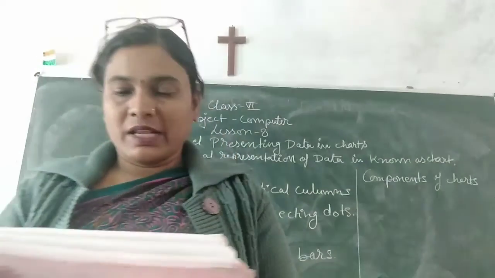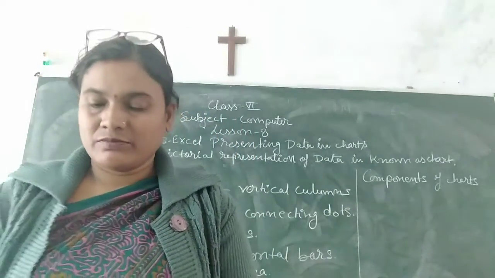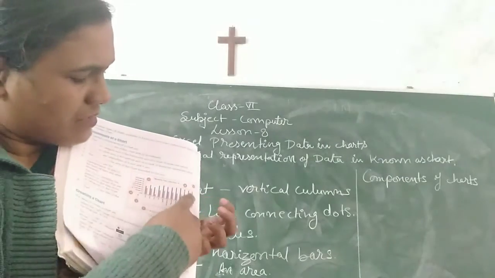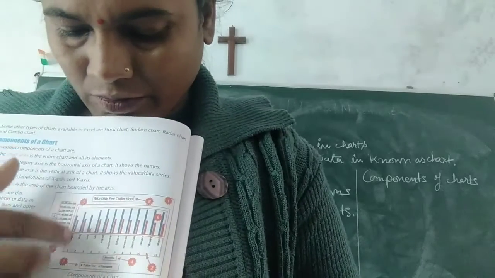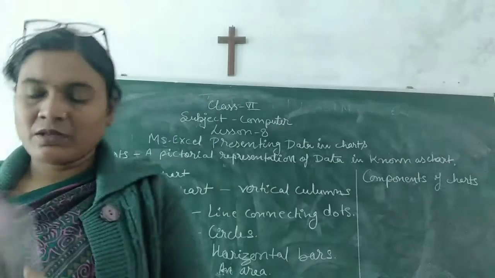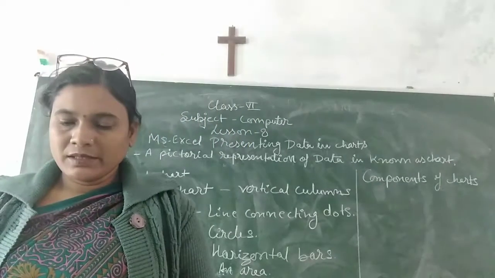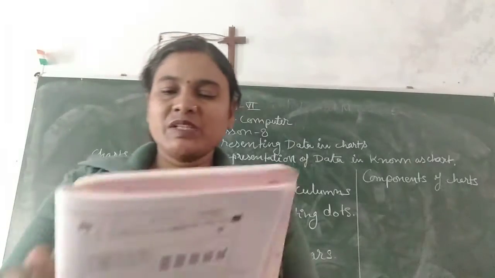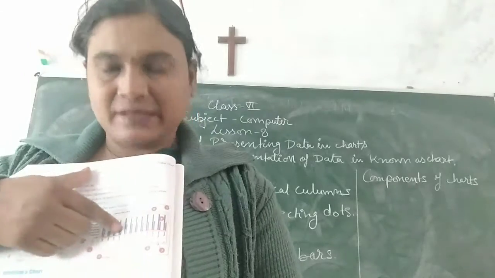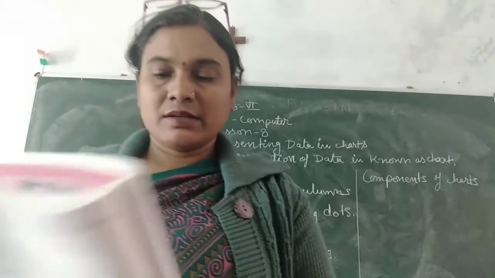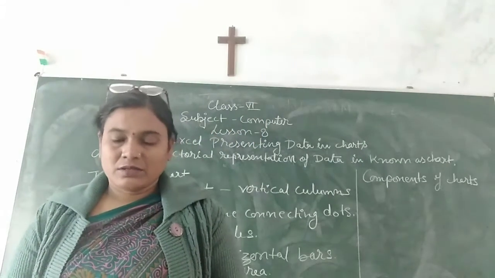Okay. Next is plot area. Plot area is the area of the chart bounded by the axes. So this area is known as the plot area. Clear, children? This area is known as the chart area. Data series. Data series means whatever bars show the data is known as the data series. Like these bars show the data series. Clear? 6th point. They represent the data in the form of bars.